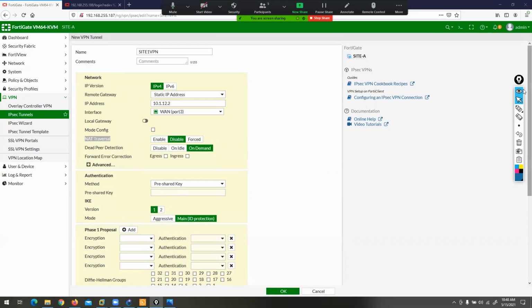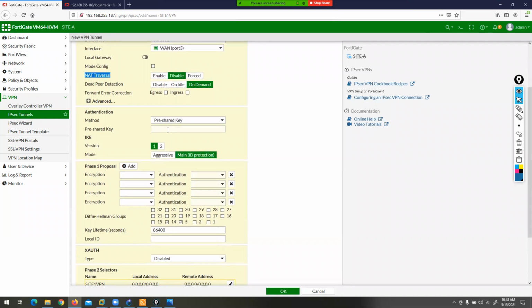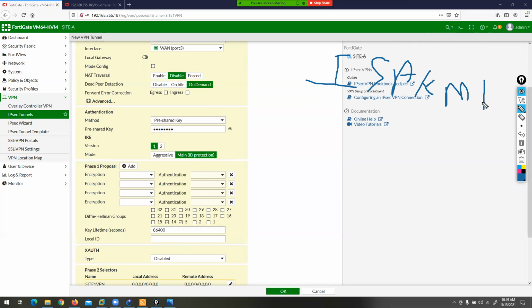Now let's go to the next option: pre-shared key. Remember pre-shared key? I'm using the key 1, 2, 3, 4, 5, 6, 7, 8. And remember the phase 1 tunnel, guys? In a Cisco router, the phase 1 tunnel protocol is ISAKMP. ISAKMP is a protocol in Cisco devices, or you can say on a router. But on a firewall like Cisco ASA or FortiGate, ISAKMP is known as IKE. Don't be confused. It's the same thing.